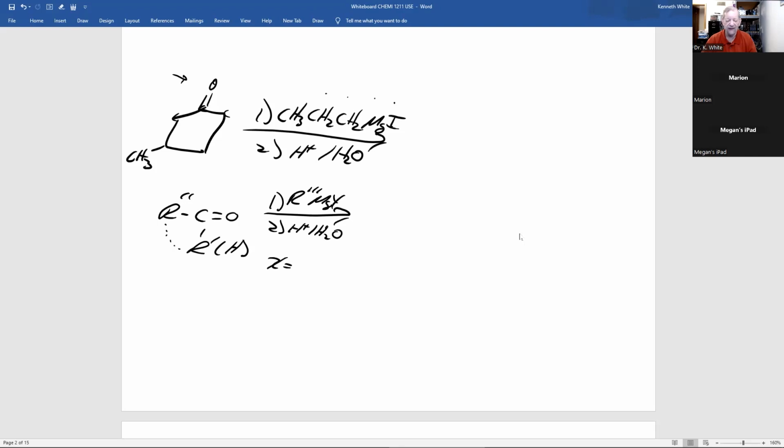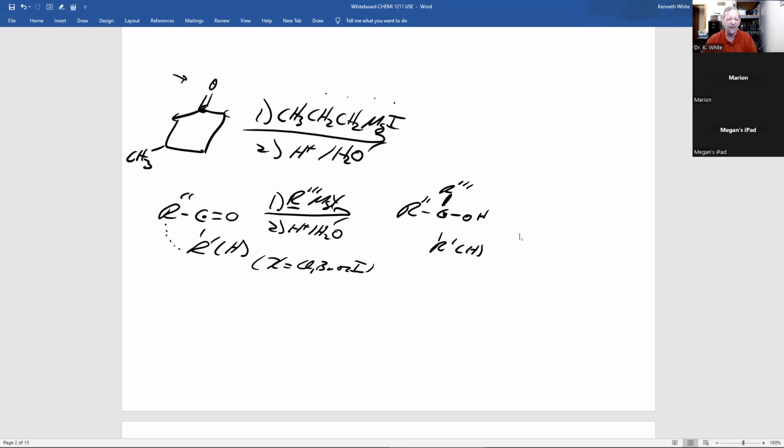Remember, X can be chlorine, bromine, or, excuse me, in our case, iodine. And keep your eye on the carbonyl carbon. That's where all the fun is. What's attached to it, R prime and R double prime, or hydrogen for R prime, is still there. This opens up to an alcohol, and the R triple prime, the carbon with the MgX, is now bonded to this carbon right here. And you form that special carbon-carbon single bond.